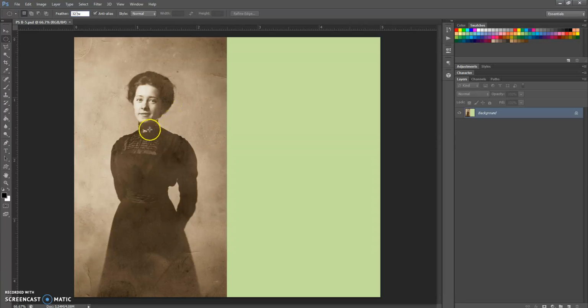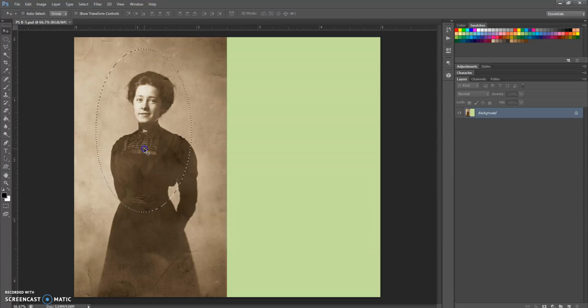So we're going to hold our Alt key down. Remember, Alt, when we're using our elliptical marquee, means that we're going to go out from the center. Holding your Alt key down, we're going to make an oval, which is called a vignette. I'm just going to go up and out to the sides. Don't go too close to the edge, because remember, we're going to have a feathered edge while we do this. Once you're happy with your selection, you can let go and you'll see your marquee, the black and white dotted line. Then go ahead and grab your move tool